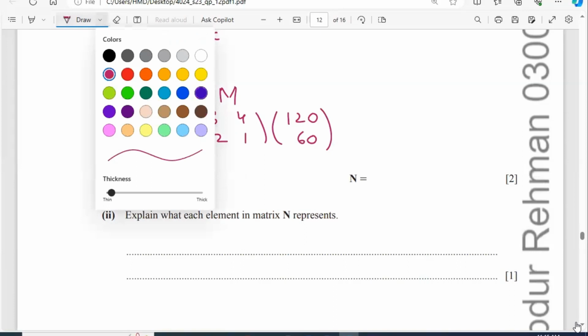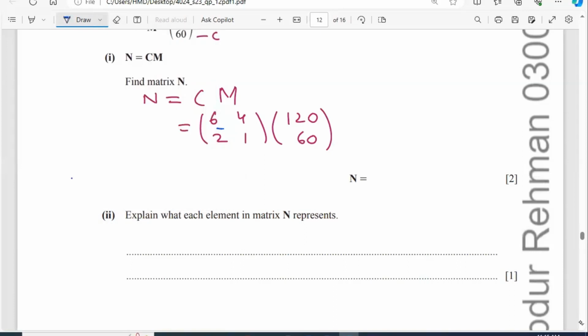To find the product, draw guidelines, guided arrows like this. Tail multiplied by tail, then head multiplied by head. So we get 6 times 120 plus head multiplied by head, 4 times 60, then 2 multiplied by 120 plus head multiplied by head, 1 times 60. So matrix N will be